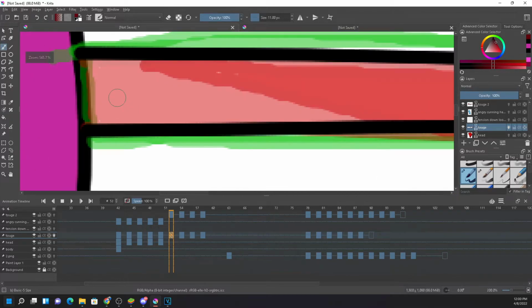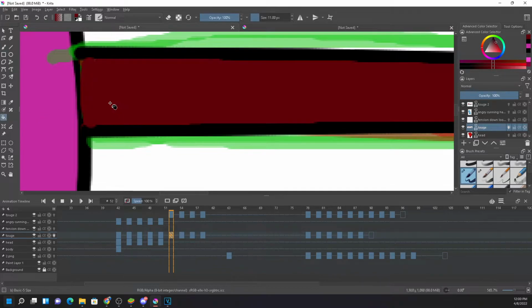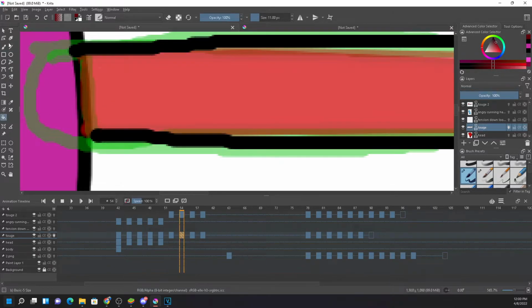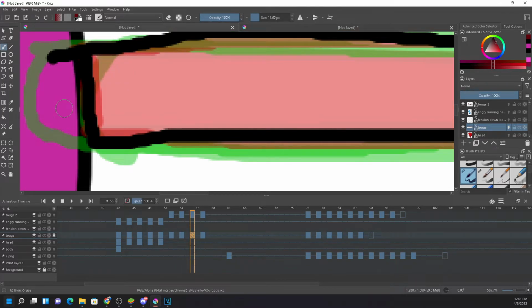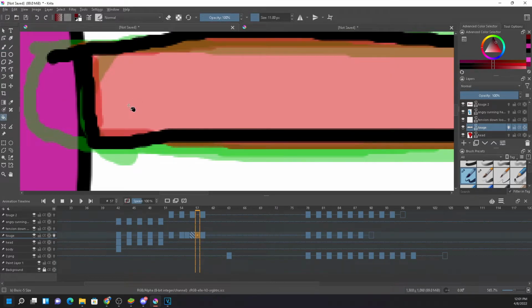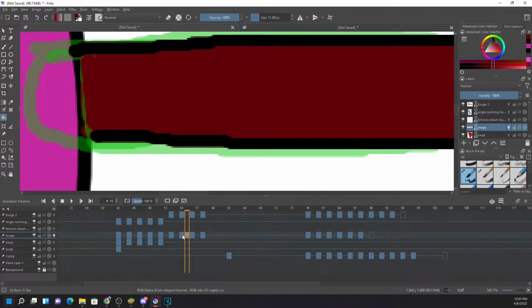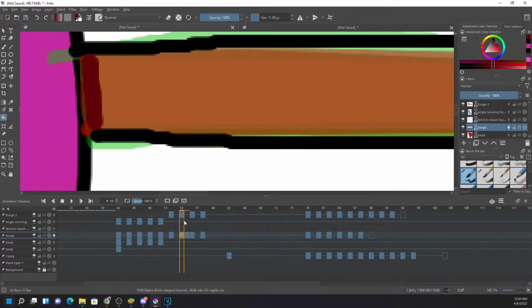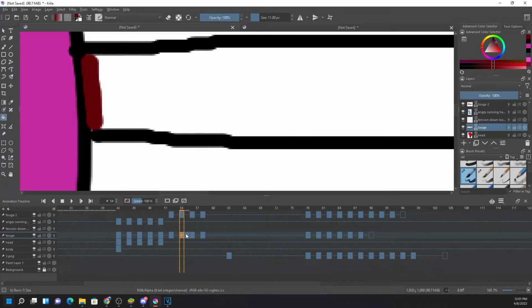Now it is also... I didn't close these lines. Look at it. I didn't color on this layer. I didn't color on this layer.